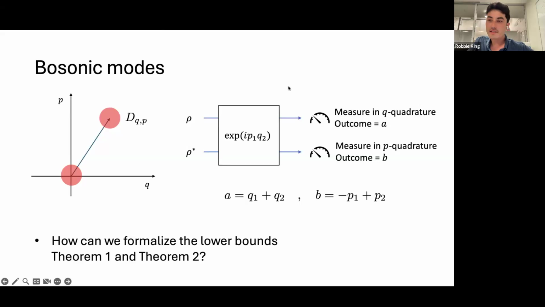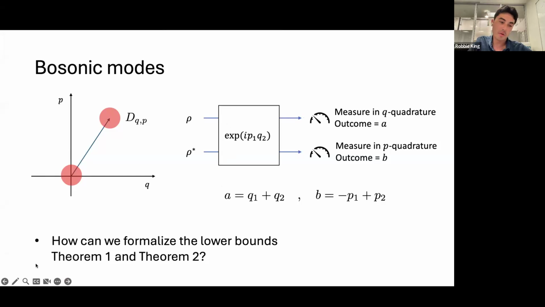Okay, so maybe this will be my last slide, but just to show where these displacement operators appear in bosonic physics. So if you imagine a bosonic particle, which is parameterized by phase space, so Q is position and P is momentum, then these Ds are displacements in phase space. And this, for example, is common in optical physics. So you can imagine performing these sort of measurements in an optical setup, and there you can phrase the circuit that we give in terms of